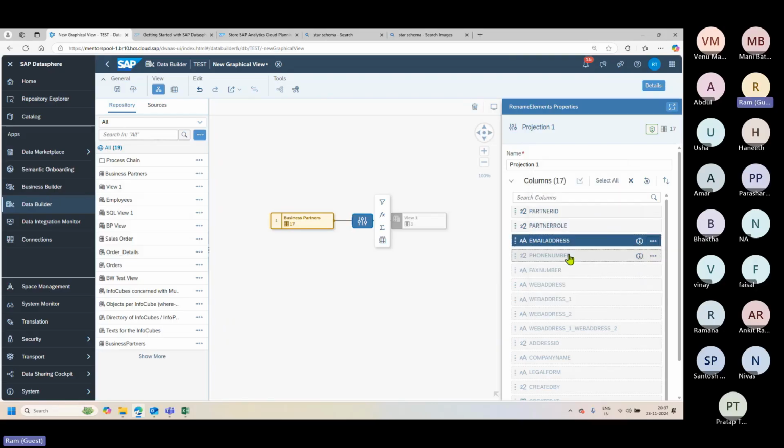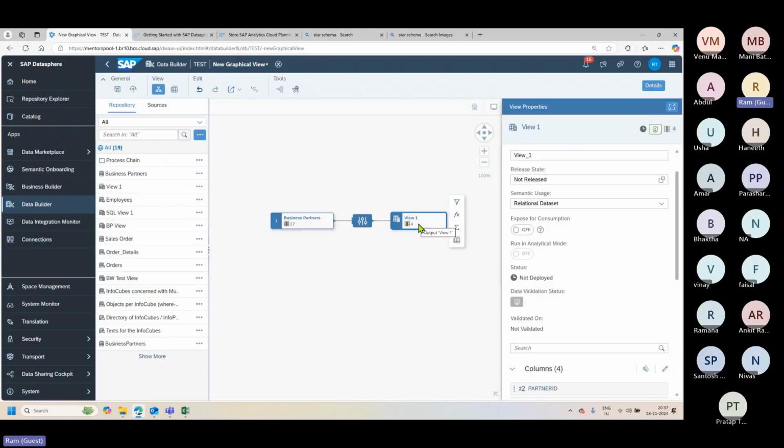Email address, and phone number. Okay, maybe just those 4 columns I want. And then I can see in the view that 4 columns are coming, and then I can give it some name. So I'm going to call it business partner view, and let it be a relational data set, because I am not